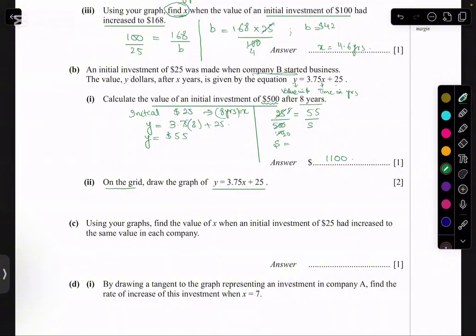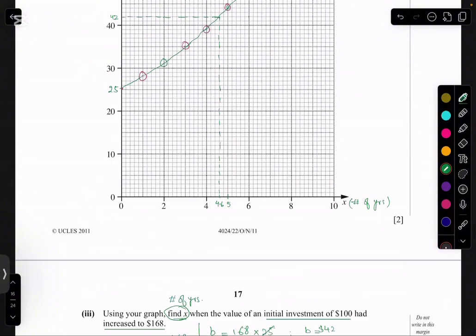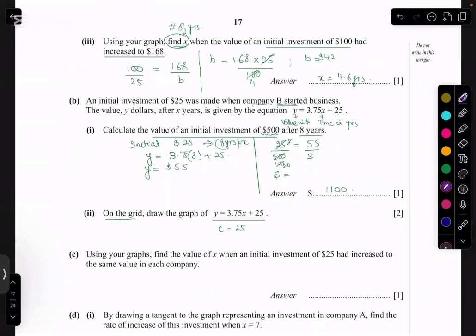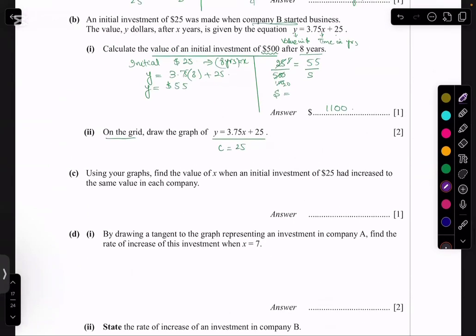So again, the y-intercept here is a 25. So I will go with my traditional method of having a point as 25 on the y-axis. So having the point 25 on the y-axis, I can say this is my point 25 on the y-axis. And then I have 3.75 here. So I can just take any of the values. Like I can say, let's say, okay,